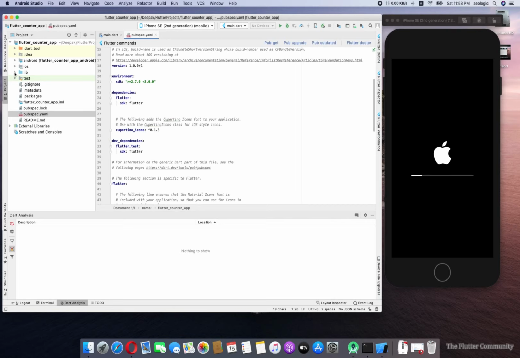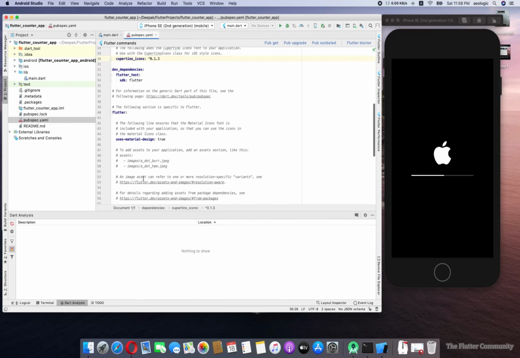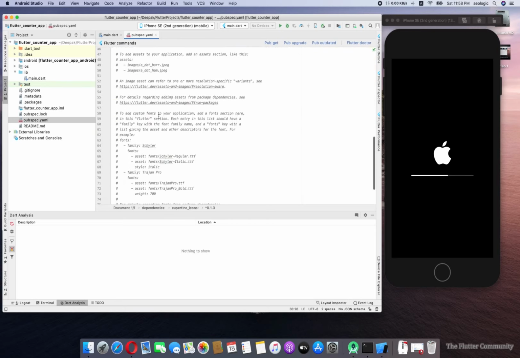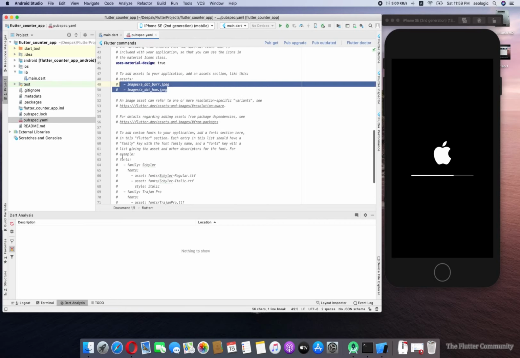Here is the lib directory. Here we will write all the Dart related code, and all the dependencies which we are going to use we will write inside the dependency section. And if you want to add assets like images, videos, and something else, you can add them here. In the same way you can add fonts here.